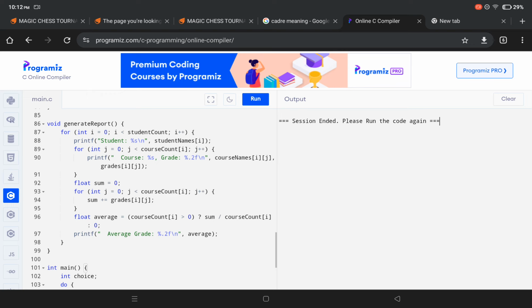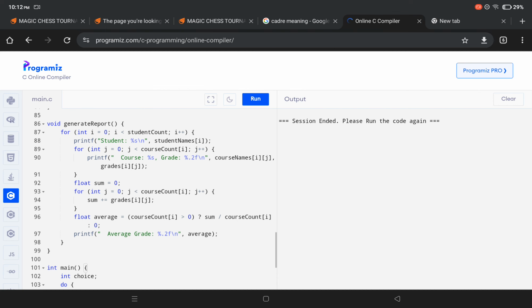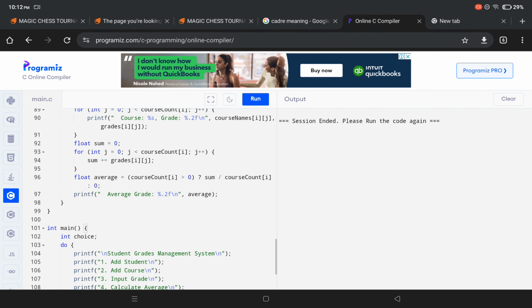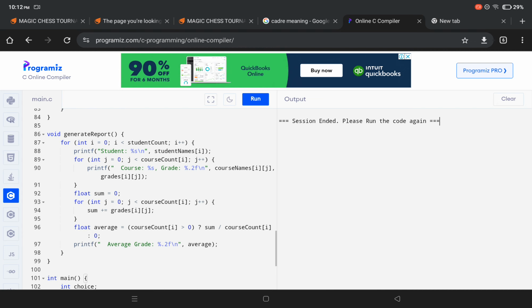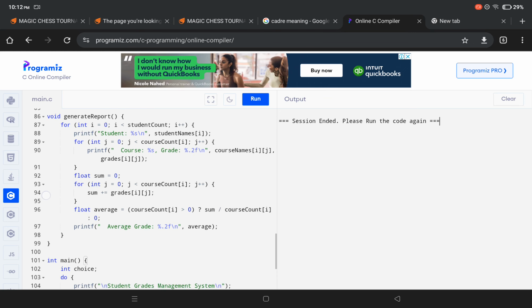It calculates the average grade for each student by summing the grades and dividing by the number of courses, and then prints the average grade for the student.